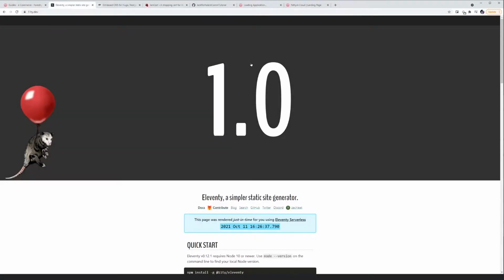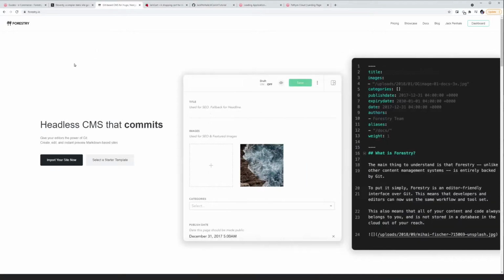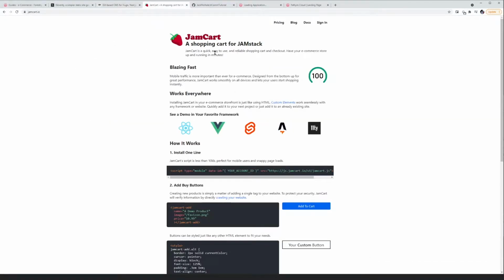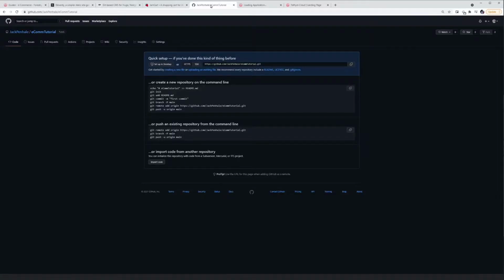So a few of the tools we're going to be using are Eleventy, a static site generator, Forestry, a content management system, and Jamcart to manage all the cart functionality. You'll also need a GitHub account for version management, and we're going to be hosting the site on Lowcode Unit. So to start off, we need a new empty GitHub repository, and then we need to open up Visual